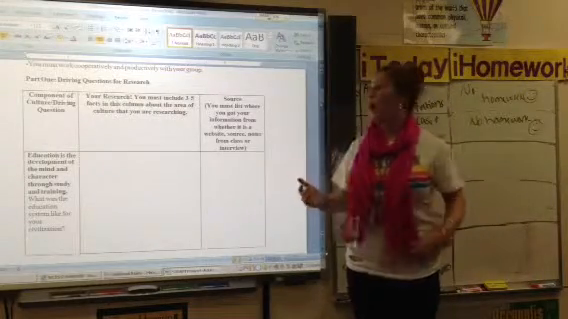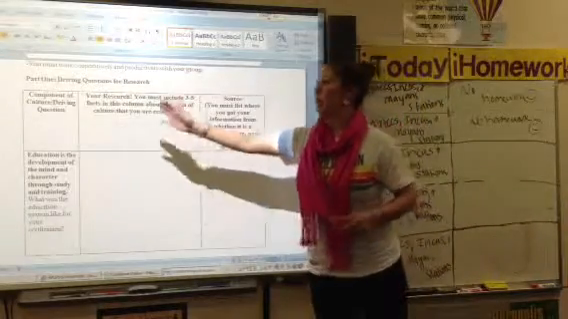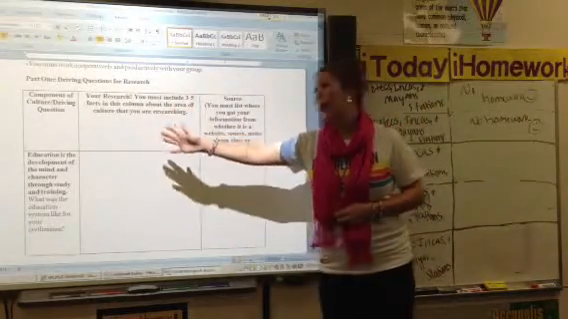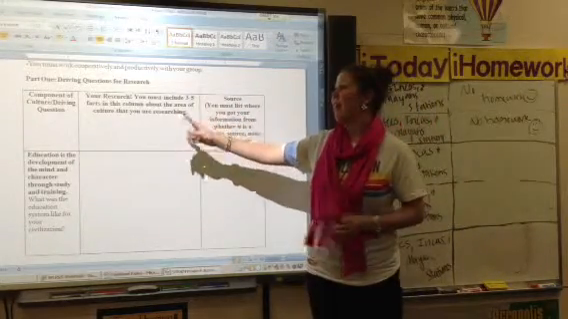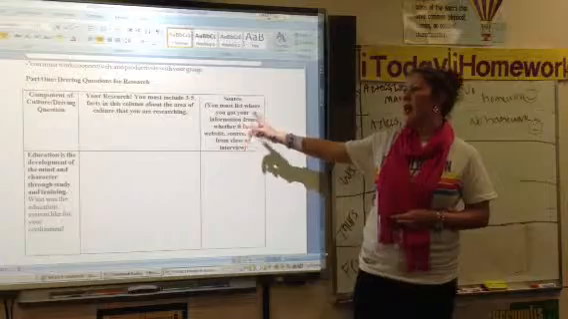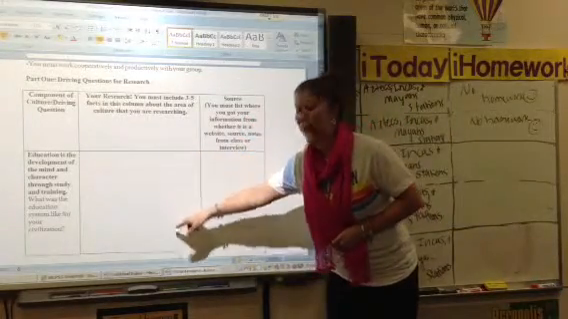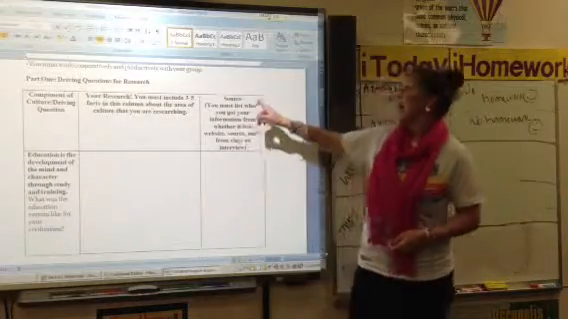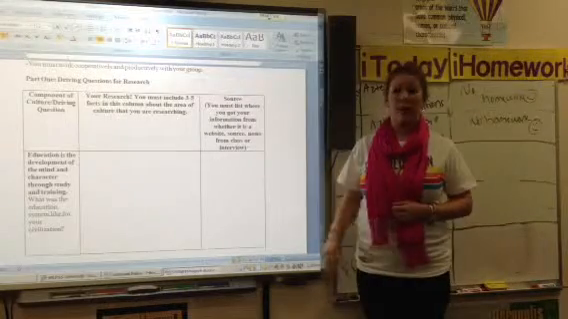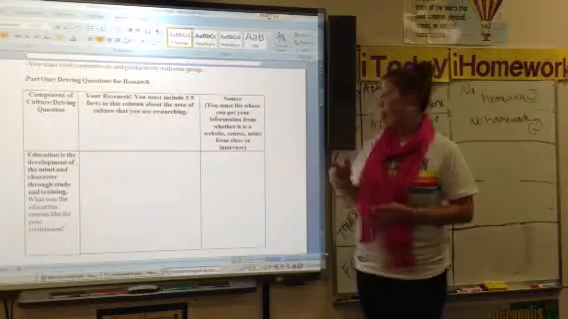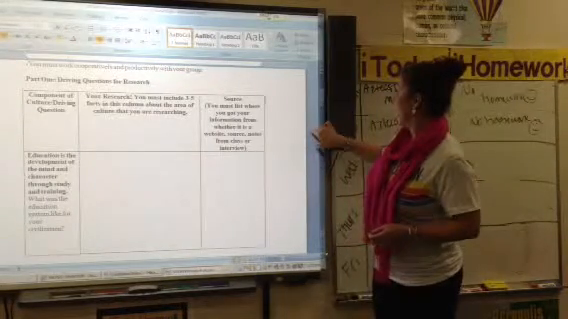So right here, part one, are our driving questions for research. Across the top, you see the component of culture and the driving question. Your research: it says you must include 3 to 5 facts in this column about the area of culture that you are researching. So you must have 3 to 5 facts listed right here. Then it says the source. You must list where you got your information from, whether it's a website, a book source, notes from class, or an interview. On the side,